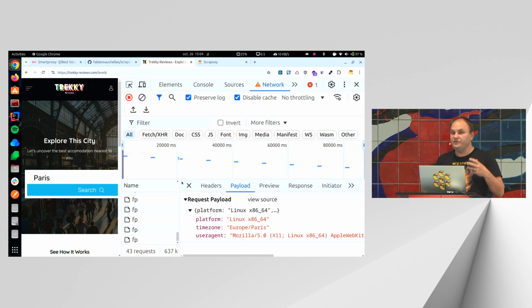So if we are using only Scrapy, we are doing only HTTP requests. We are not executing JavaScript. So we need a way to execute JavaScript. What we can do is use the